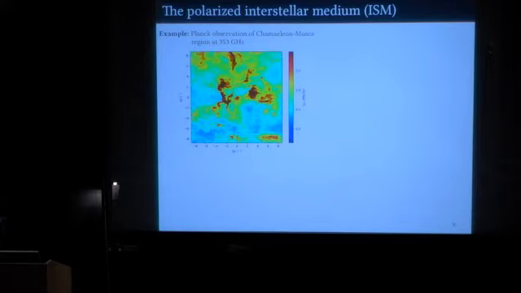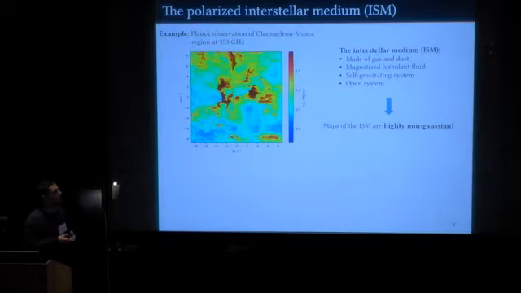And so just a little background of what is the interstellar medium. So the interstellar medium is made of gas and dust. It's a magnetized turbulent fluid described by Navier-Stokes equations. So there is some gravitation. It's also an open system exchanging matter and energy with its environment. So it's a really complicated system, which leads to complicated statistics. So the maps of the interstellar medium are highly non-Gaussian.